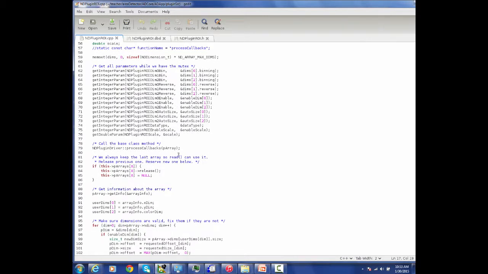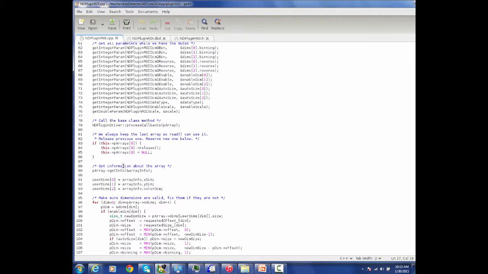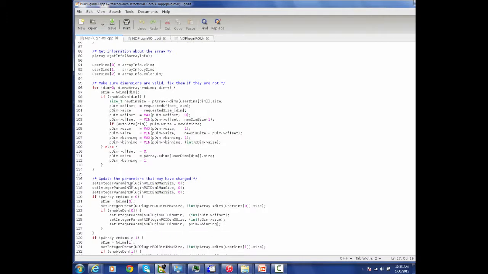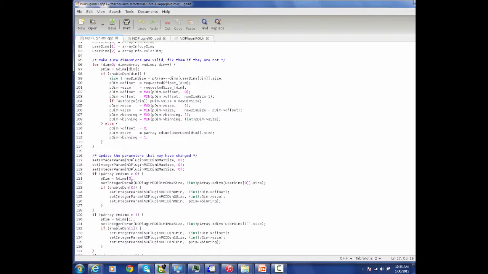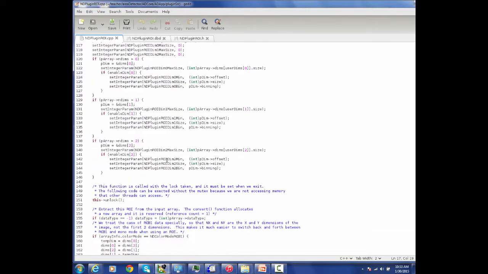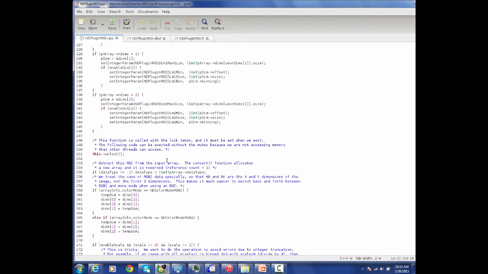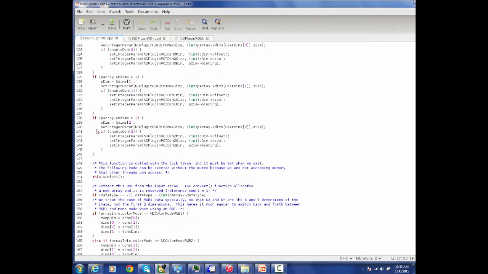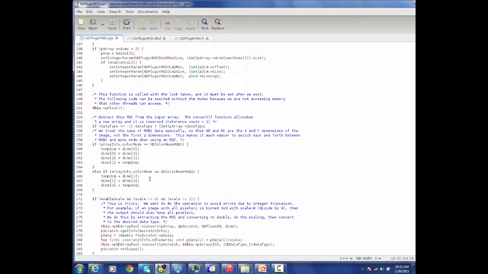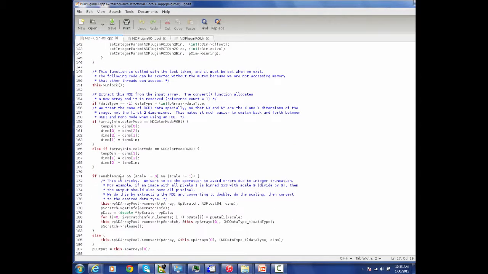We always keep a copy, so the read function can use it. So if this is not null, we release it and set it to be null. Get information about the array. Make sure the dimensions are valid, fix them if they're not, update any parameters that might have changed, and let's just see. Okay, so here, all this is done with the lock taken. Here we release the lock, and here's where